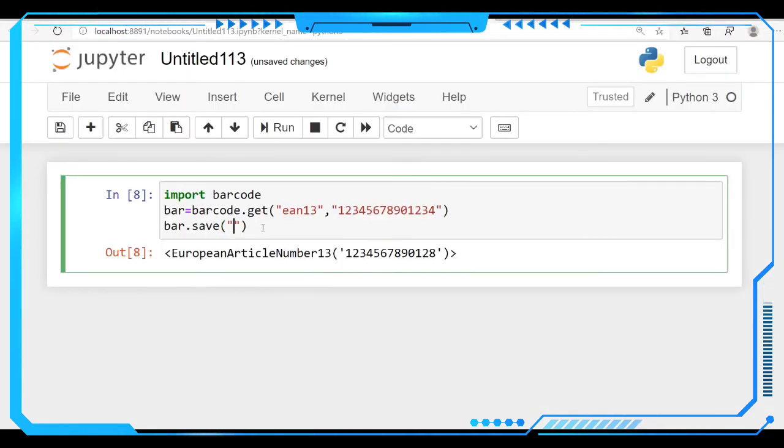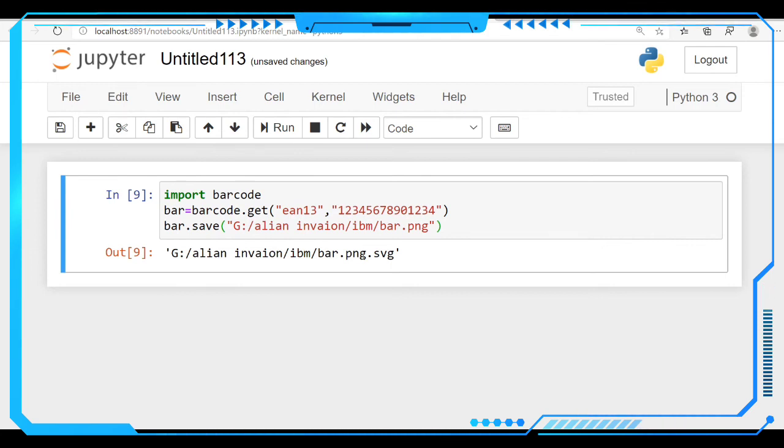Let's paste it over here and change the slashes like this. After that, you have to specify the name of the barcode you are going to get. I am going to give the name as bar.png. After giving this, we run it. See, this ran successfully.